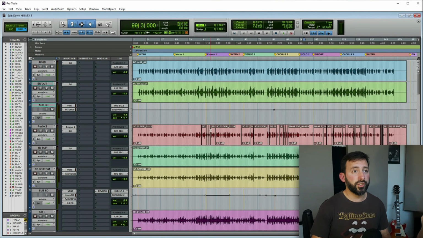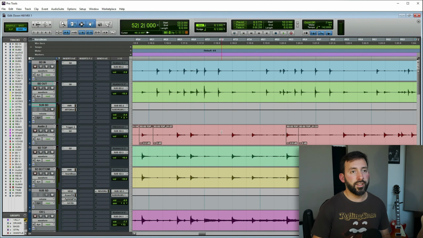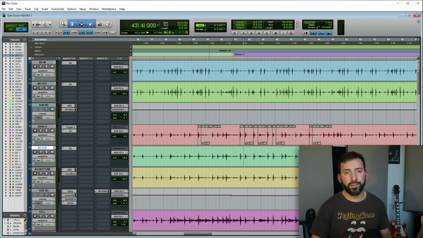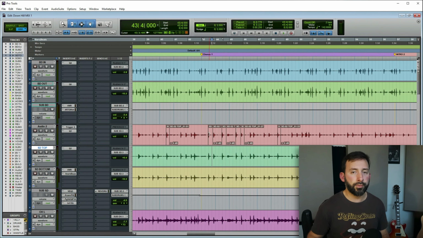In this case, for example, here in the snare drum, after I started mixing the session, I noticed that some of the hits of the snare drum were really, really loud. So I have to go one by one and put them down. Specifically on the trigger, I was using a trigger here to help the sound of the snare drum. And on this specific channel here, some of the hits of the snare were just out of control, so I have to go manually and take them down one by one. But yeah, it can always happen. So don't be too worried about having to edit on the mixing session.